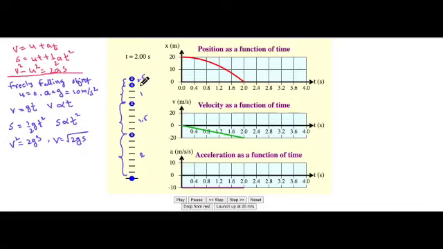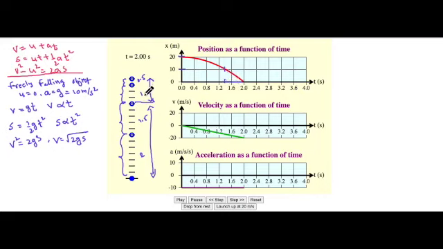The distance traveled in the first 1 second is very much less when compared to the distance traveled in the next 1 second. Please observe here, this is from 20 to 10, which means the first 10 meters are covered in a time of 1.4 seconds, and the next 10 meters will be covered in just 0.6 seconds.